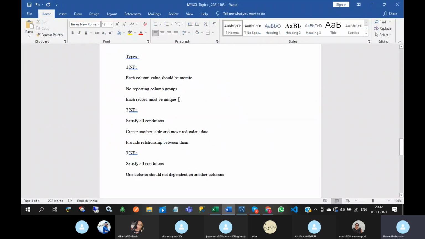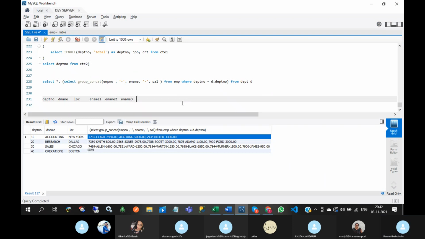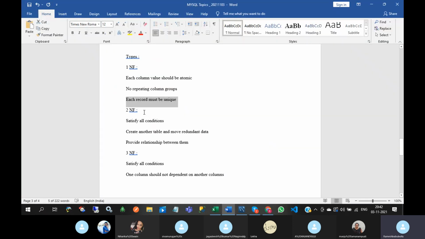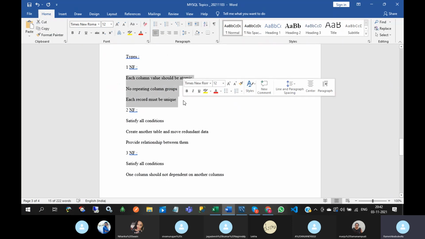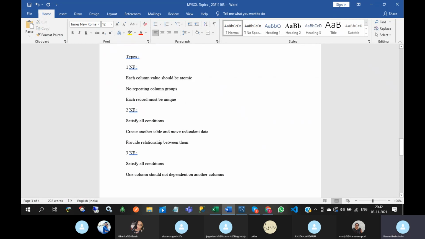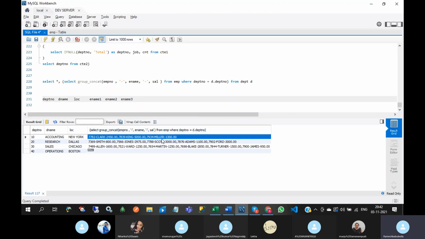Each record must be unique. There are no duplicates in a single table. These are the rules we need to follow to achieve first normal form. First point: each column value should be atomic, with no comma separated values. Here comma separated values are there.